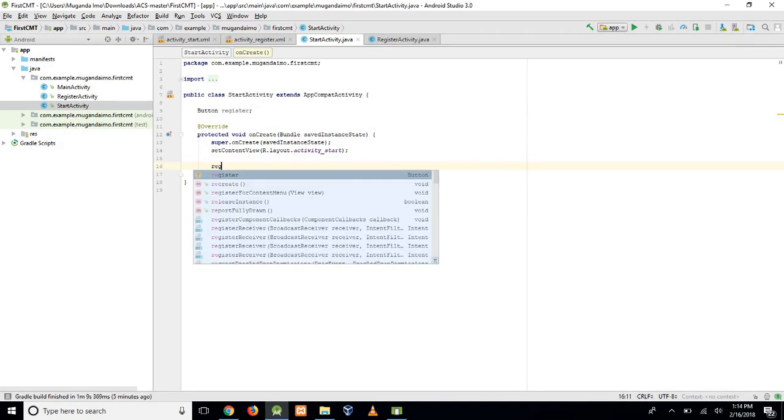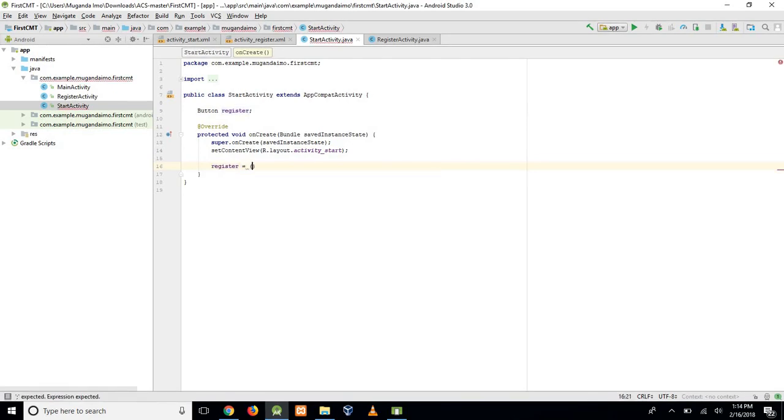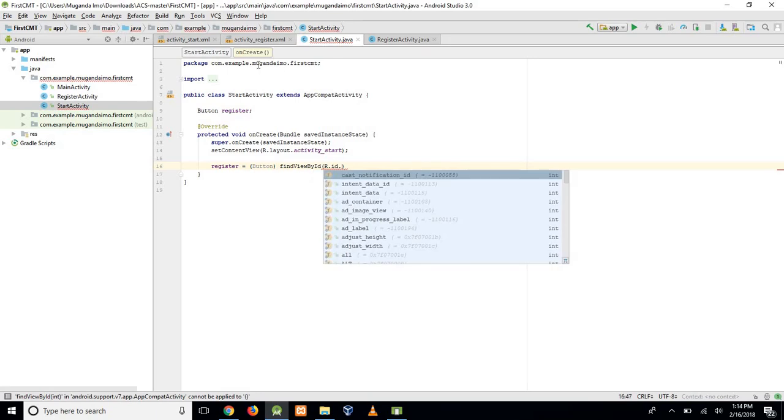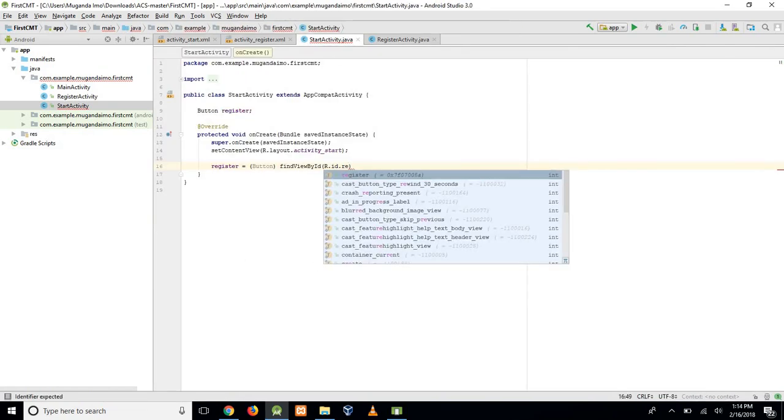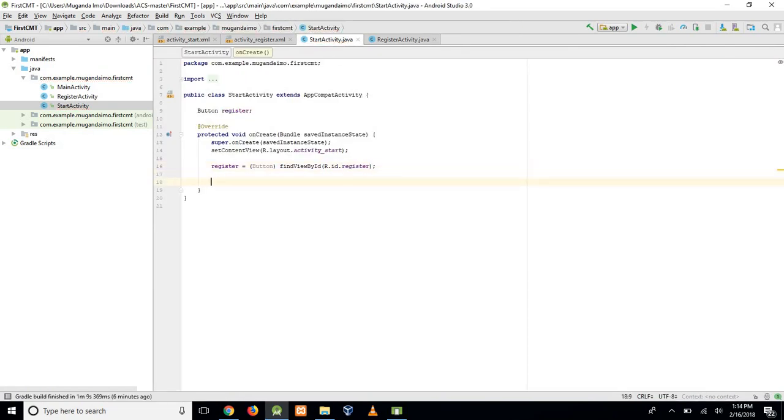And here we'll say register is equals to button find view by id R.id dot, what did I call it? Yeah, register. And find next register dot set on click listener, new on click listener. And here we simply want to send it to the register activity, so